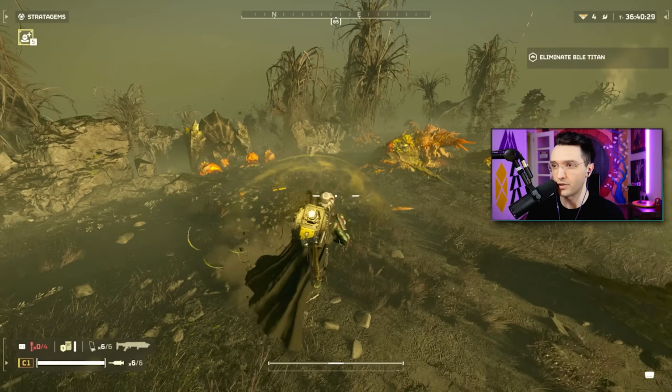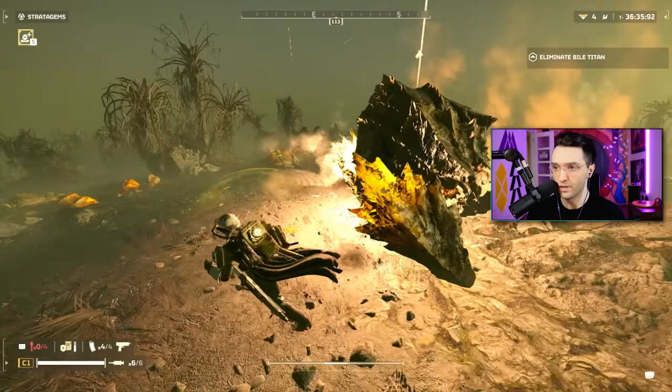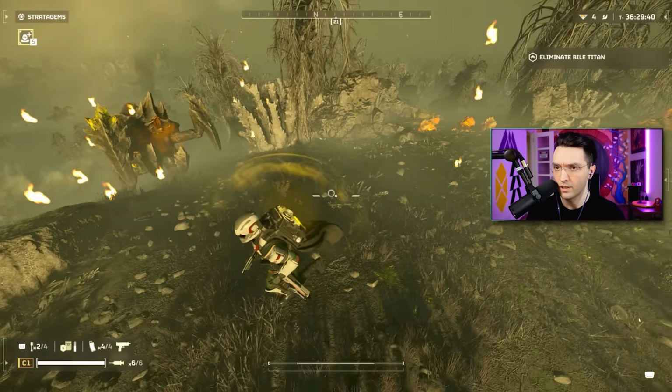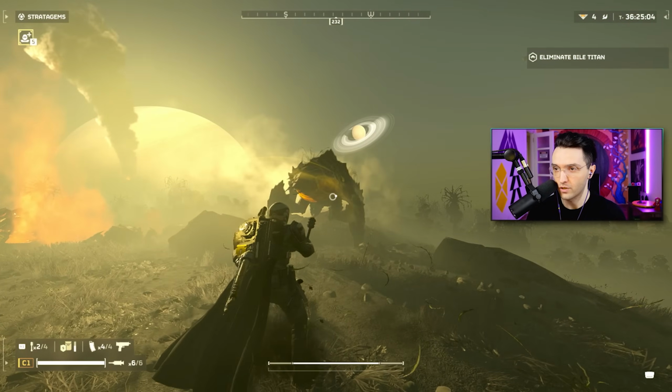Don't get me wrong, you can take out hulks. If you throw like 3-4 of them at the hulks, you can take out even a bile titan if the bile titan is damaged, and then you're trying to finish them off with this grenade. If you stick the bile titan with like 3 or 4 grenades, yes, sometimes it will get a kill, but